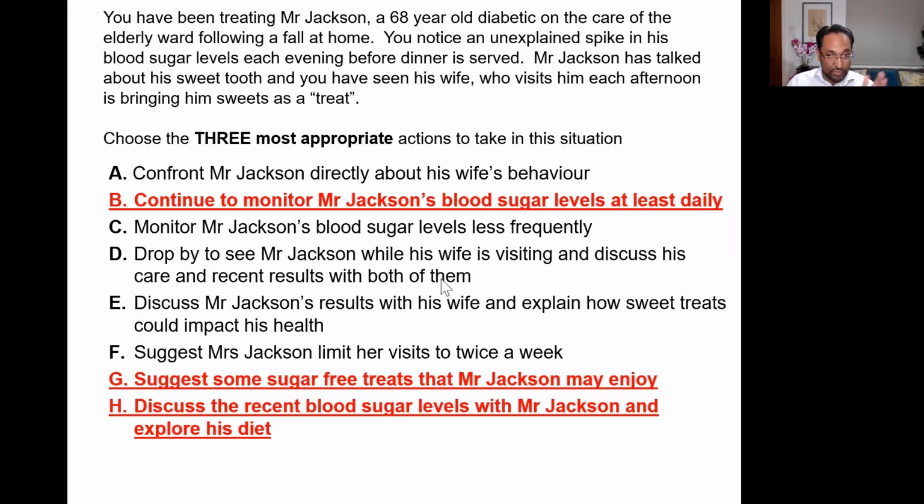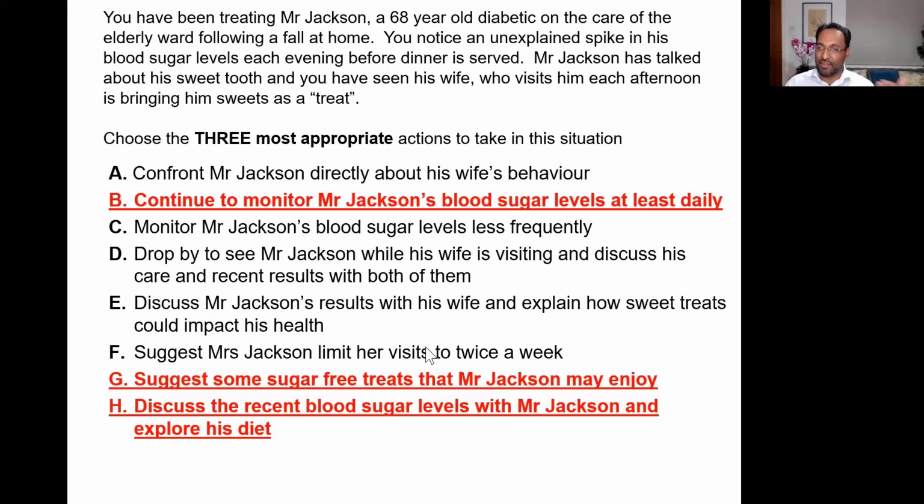That's really important. In every scenario in the MSRA, you have to place yourself at the level of an F2, okay? A junior doctor. So it's not your role. It's understanding your limits. But on top of that, think about a patient's overall well-being. This patient's in hospital. For their mental well-being, it might be really nice to have their wife come and visit them every day. It's not for you to decide that.